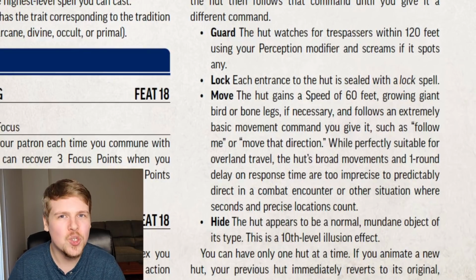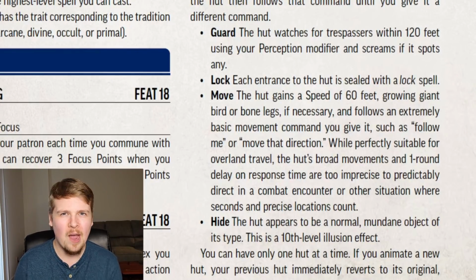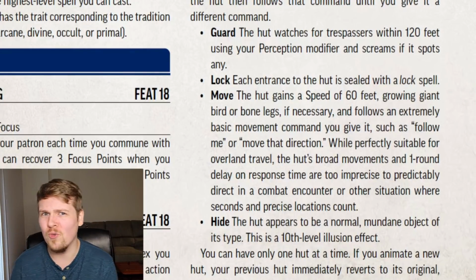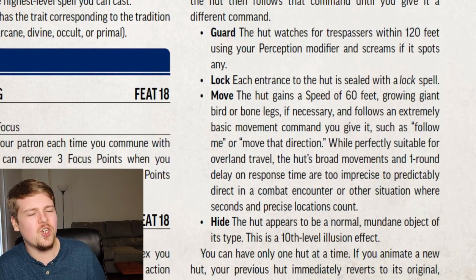I'm not exactly sure what this means. It says it functions like a 10th level illusion effect, which means it's almost impossible to see through. However, does this change its size? If you cause your hut to hide, what does it turn into? A rock? Or can it turn into, like, a small bag that you can just carry with you? My biggest issue with this